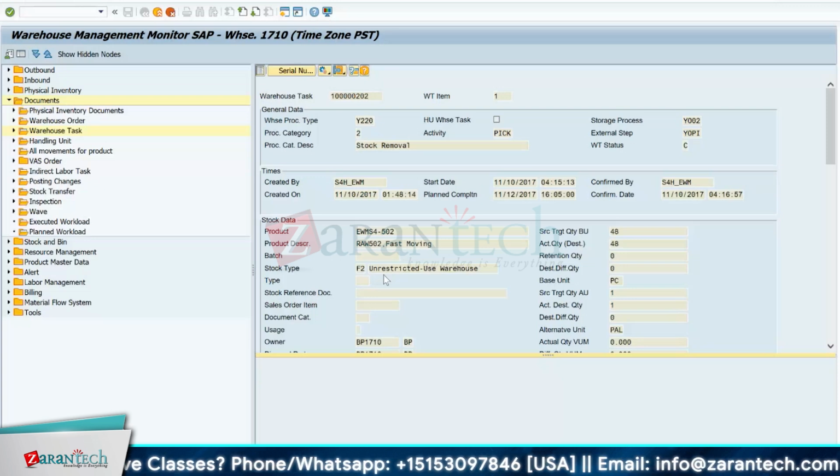So basically that stock type will get triggered once we do the goods receipt. The stock has been goods receipted, but the quality check has not happened. Extra packaging, if required, has not happened. Therefore, it is not yet ready to be sent into this F2 stock type. So the F2 stock type over here, which we see, the warehouse task got created for the unrestricted stock type,